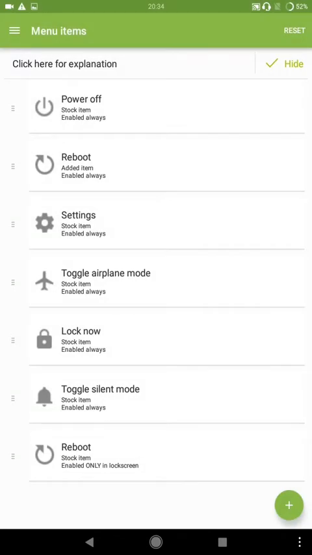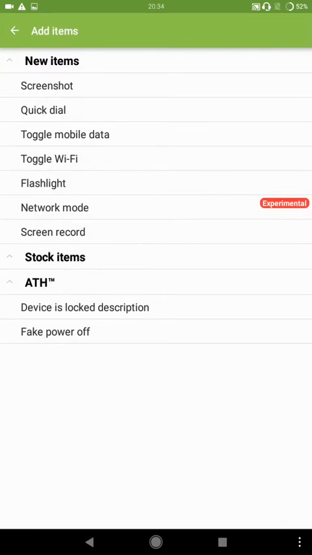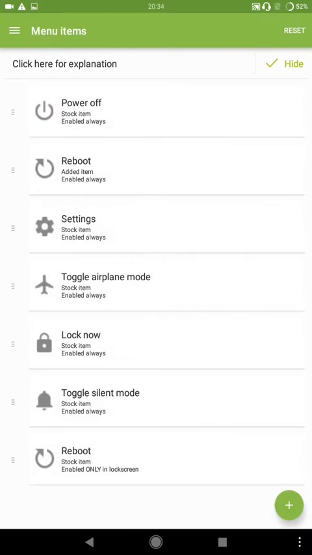So what I have done is that I go to add, and then I clicked on reboot. Now it's not over here because I have already used it. So just click on reboot, and there are now 2 reboots. The bottom most is over here, you can see this is stock item because it's the stock one that was